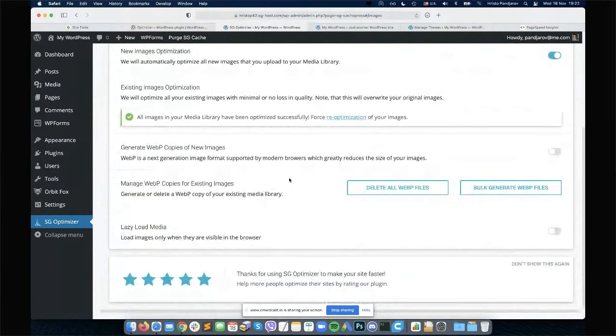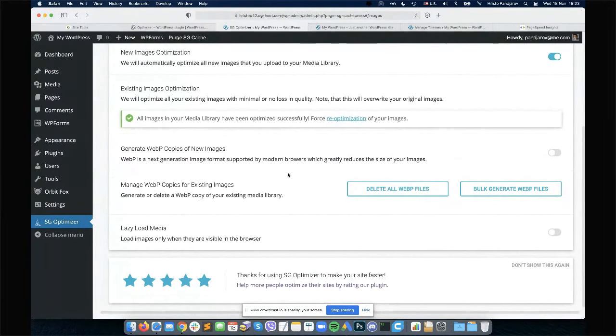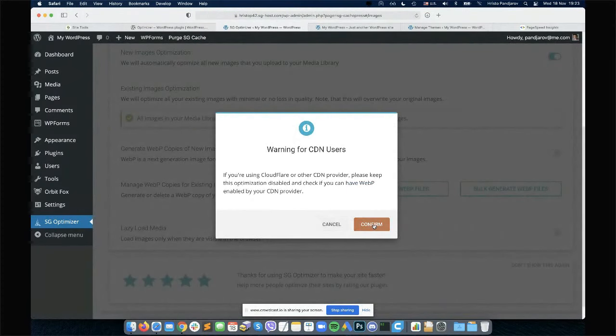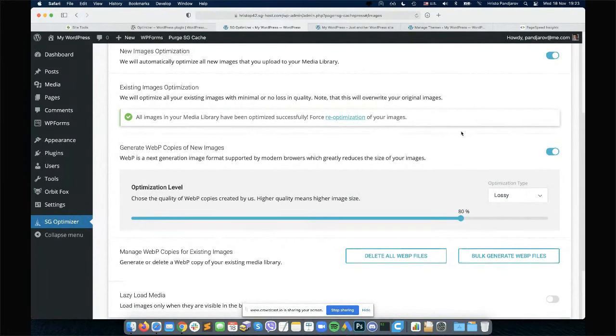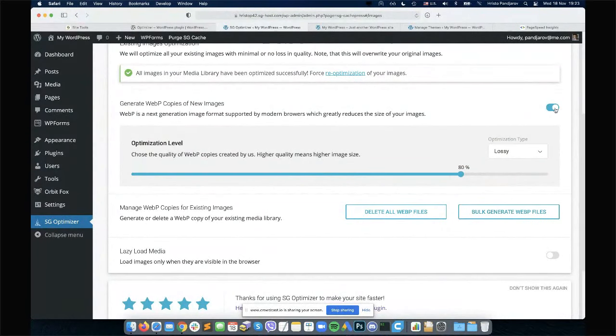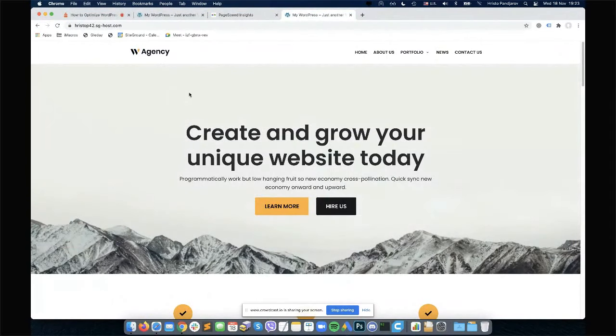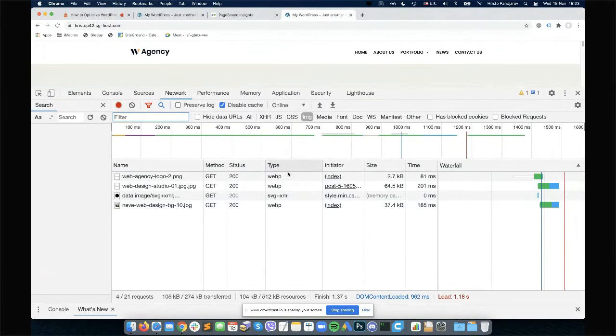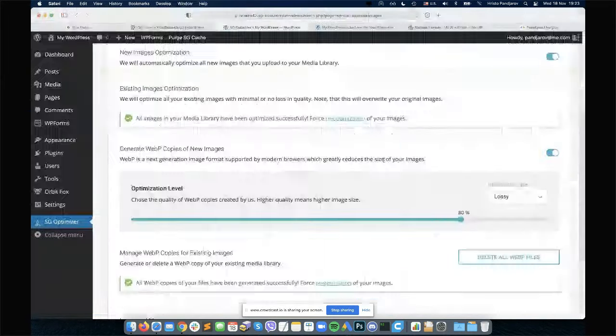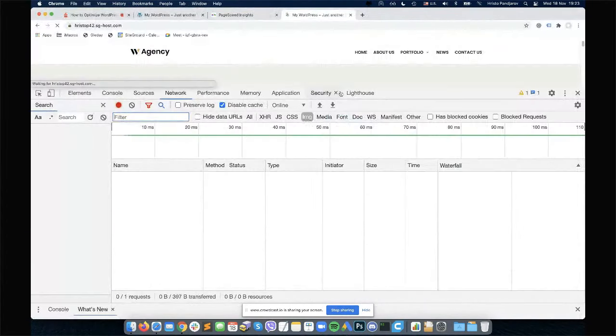This leads us to the next couple of optimizations. The generation of WebP copies of new images. Now, WebP is a new format of images developed by Google. Once you enable the optimization for new images and create a copy of existing ones, our servers will generate copies of your images right away. As you can see, it's already done because I don't have that many copies here. I will actually delete them, so you can see